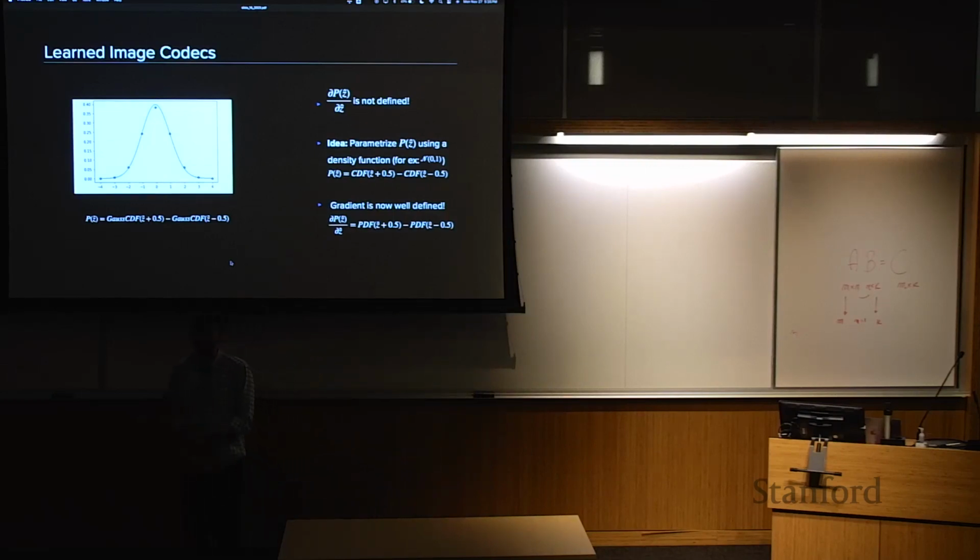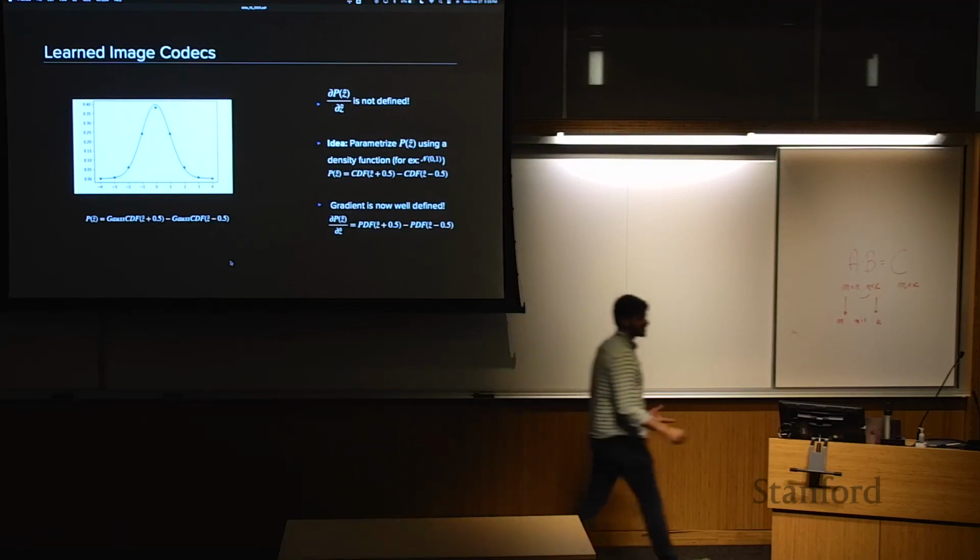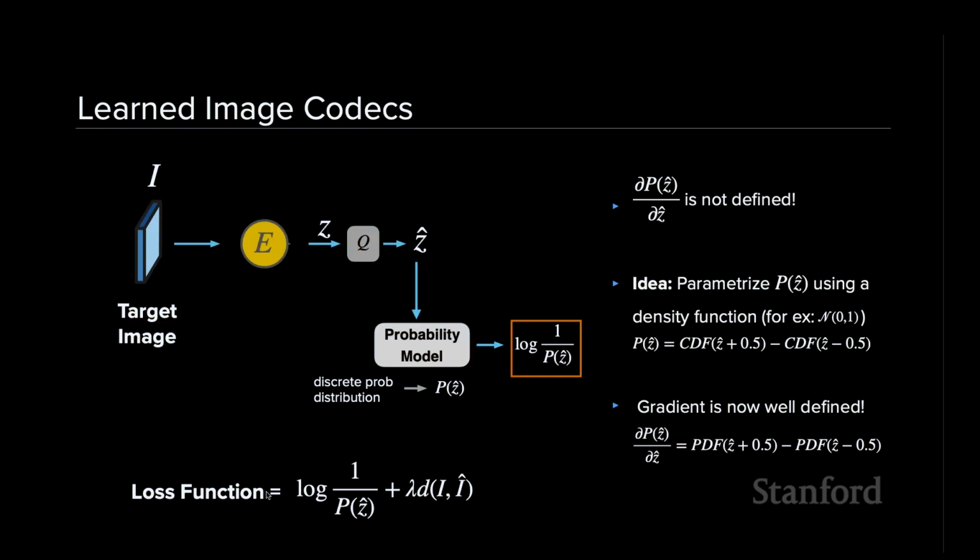So when is p of z hat maximized? Exactly, when z hat is 0, at that point you have the maximum probability. You have a probability distribution model which assumes maximum probability for z hat equals 0, right? So if I didn't have this distortion term, and I just try to minimize this log 1 over p, and if I do a good job at minimizing this, all of my z hats will look like zeros,